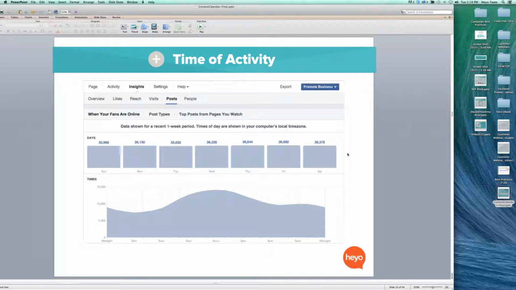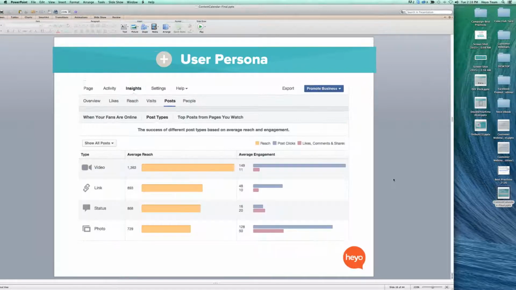Awesome. So a lot of you haven't seen this before. This is extremely valuable. This will help you figure out when you should post because it tells you when your fans are online, so the time of their activity on Facebook. So next, it also can tell you